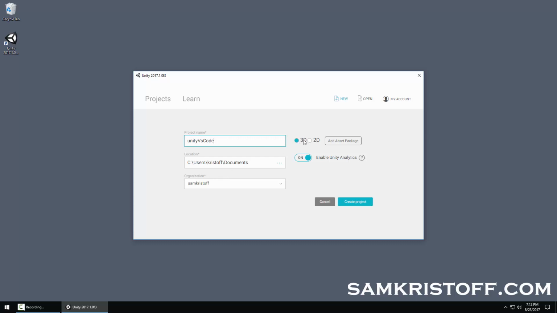You pick 2D or 3D depending on if you want to develop a 2D or 3D game. That doesn't matter for this, either one is fine. It's going to default to your documents folder. That's fine for this project. Later on, I'll show you how to set up GitHub and how you should do source control and things like that. For now, we'll just dump it in documents, and organization will be whichever user you're logged in as. So all of that looks good. I will hit Create Project,